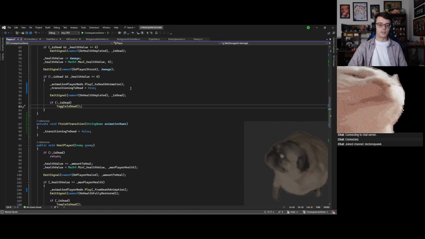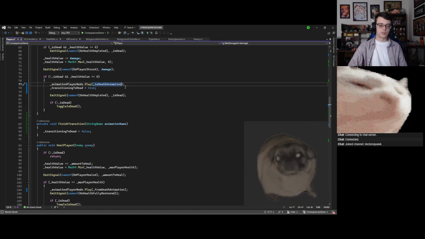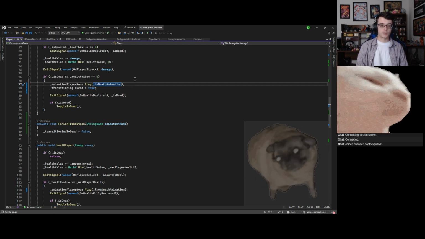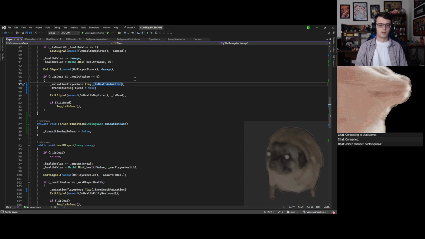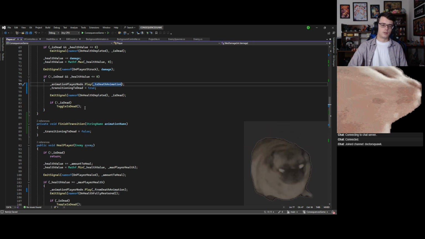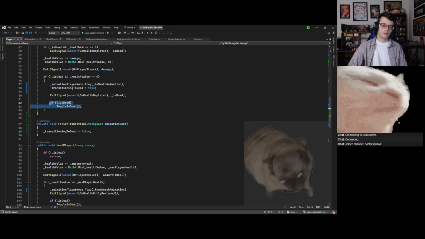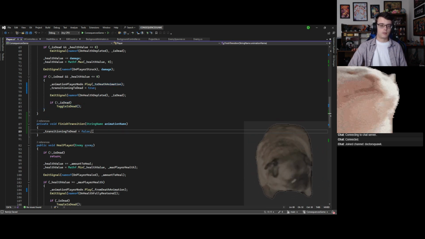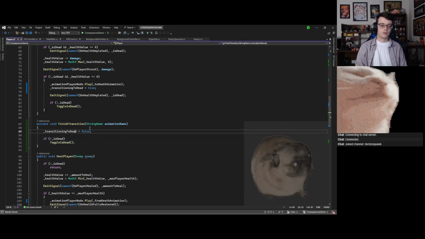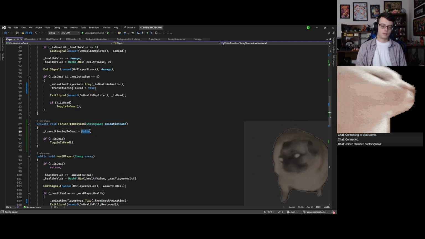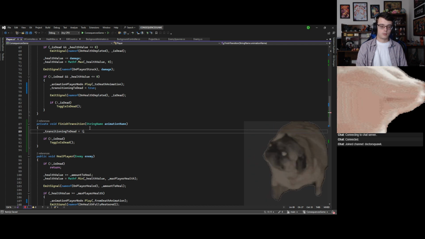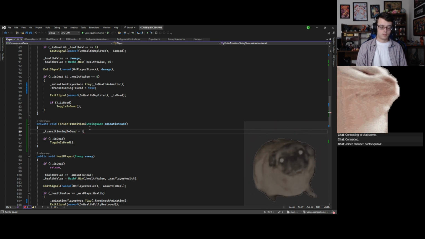You know, it might be wise to think of a way to sync up all of these animations that are happening somehow. Change that.